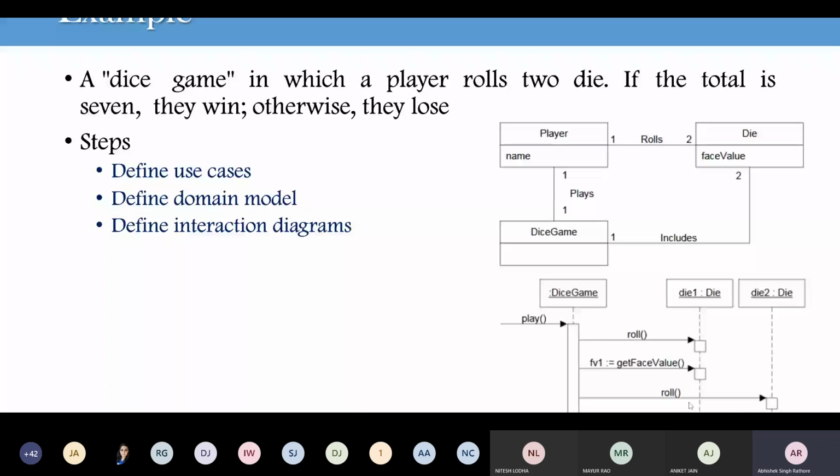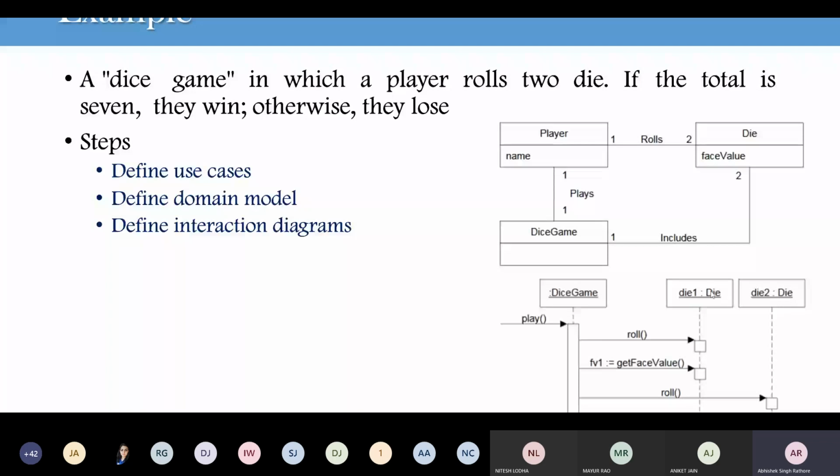In interaction diagrams, we are defining software objects and their collaboration. Here different objects are available. As I said in some previous classes, to write an object we put the name of the object before the colon and its identity, that is its class, after the colon. So die1 is an instance of the die class, and die2 is also an instance of the die class.